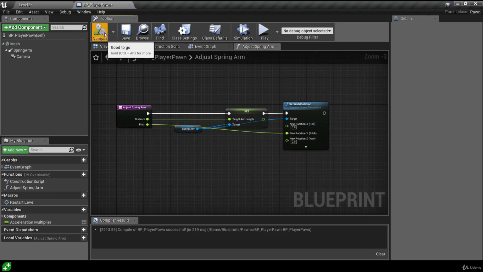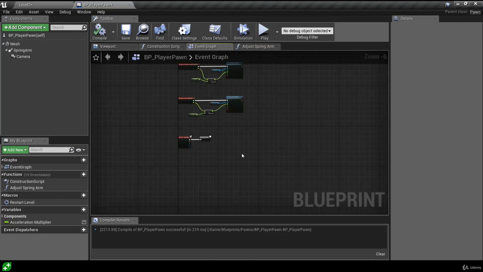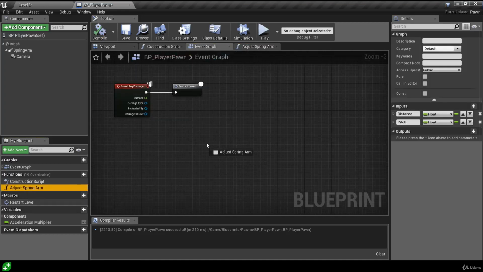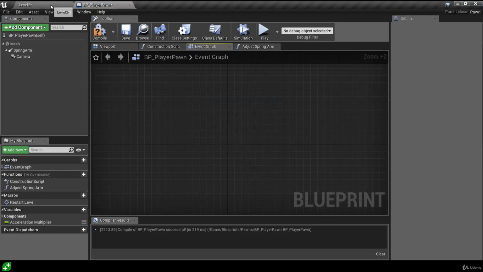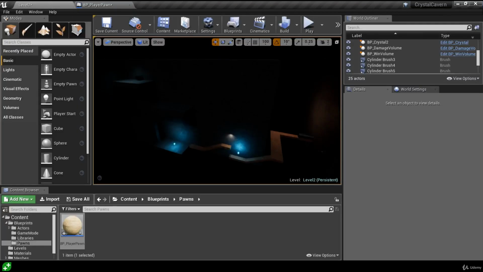We can hit compile, and if we come back to the event graph, we can drag out the function just to take a look at what it looks like. So we just have some simple input parameters for the distance and the pitch to adjust the spring arm. And we don't want to call this inside the player pawn because we might have many different levels, and we don't want this to be applied to every level. And currently I'm only changing my camera's properties or adjusting the spring arm